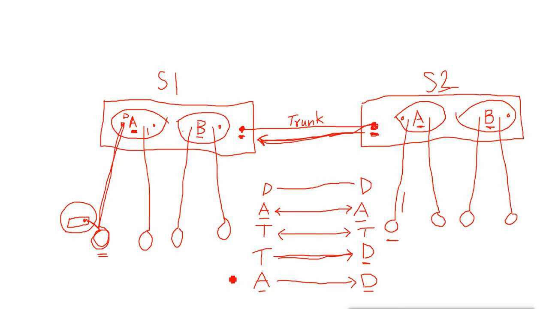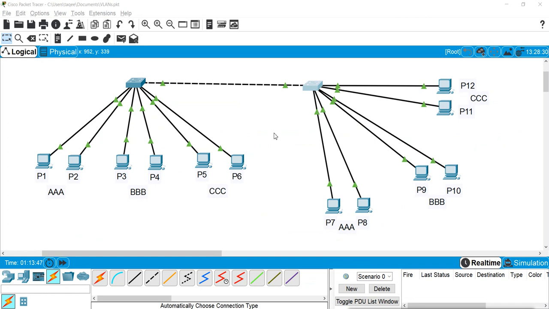So this is what we have options for converting into trunk. But when you do the trunk, manually configure both the ports as trunk, and if you are using the port for a normal machine, manually configure them as access to be secure. So what we did here, we converted these ports on both the switches. From switch 1 I converted this port into trunk, and from switch 2 I converted this port into trunk.